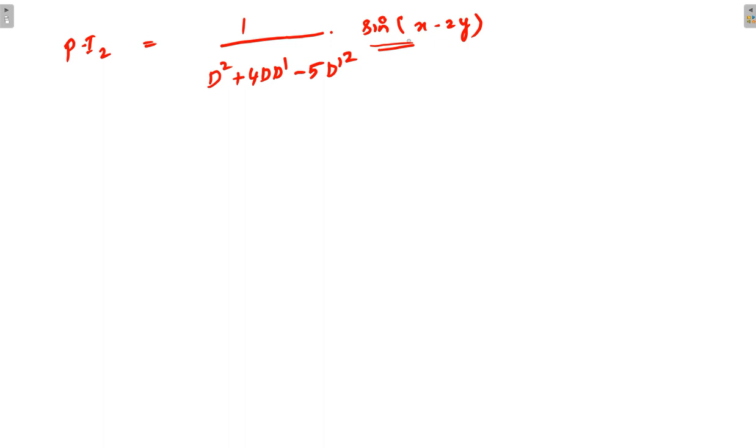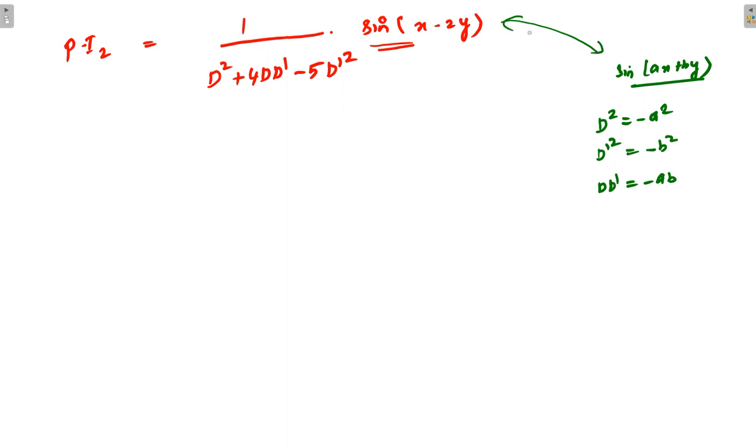So this is a trigonometric function. In general we have seen, suppose the trigonometric function sin ax plus by is coming, you have to substitute D square equal to minus a square, D dash square equal to minus b square, DD dash equal to minus ab. Now try to compare these two things. By the comparison, you can easily identify what is a. A is nothing but 1. B is nothing but minus 2. With the help of a and b, try to find out